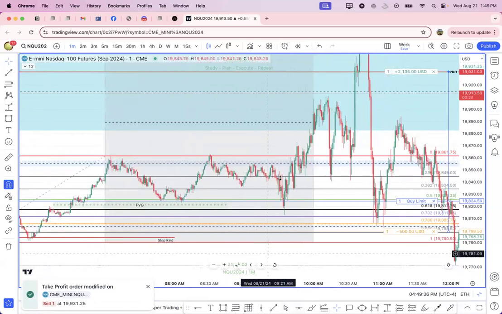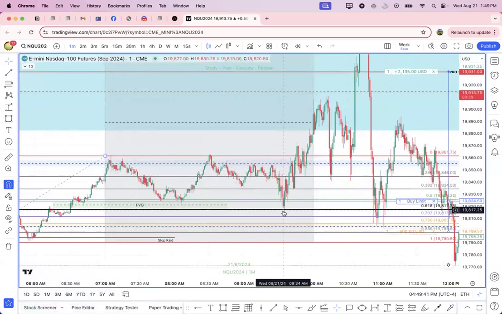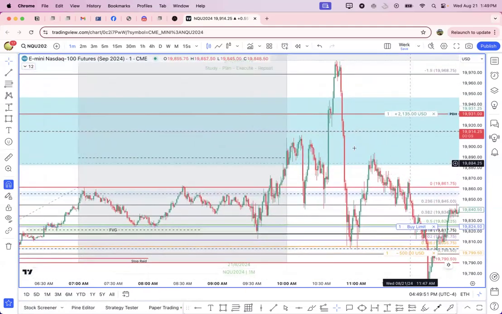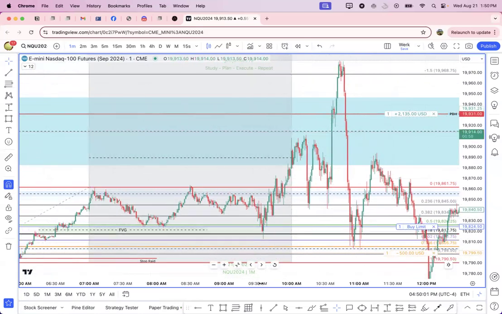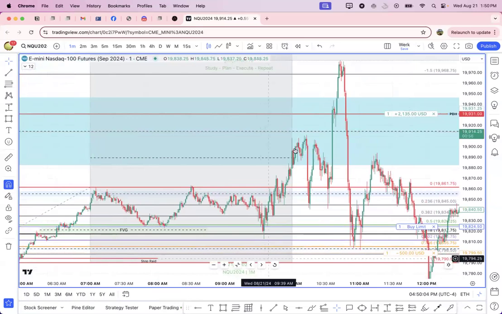And this is almost a little bit of AMD. I recorded a couple of videos today. We had accumulation here, manipulation down, and then it just started to climb up. Now this was wacky because of FOMC, but eventually it climbed up. So I would have had to work to get to my target of previous day high. I would have to work 36 minutes overtime. And that's okay. If I'm already in the trade, then I can stay in the trade to get to my target. But try to avoid taking trades outside of my work schedule.